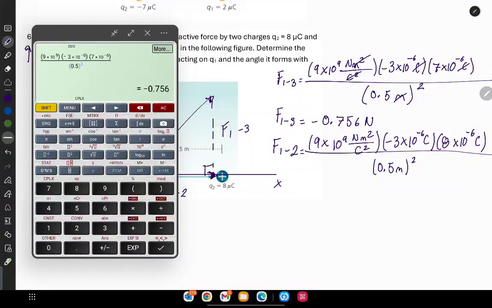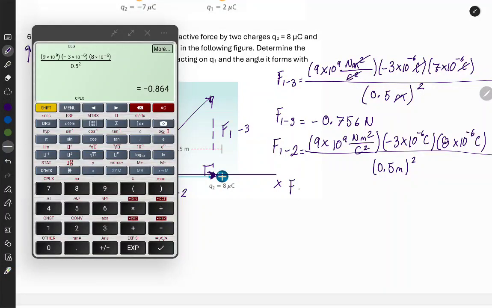So the force from 1 to the charge number 2 is equal to minus